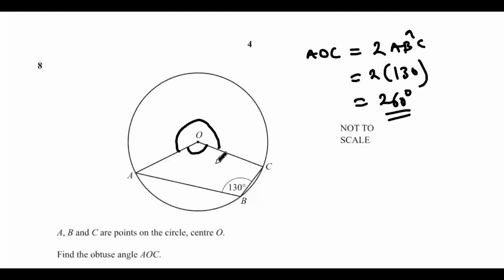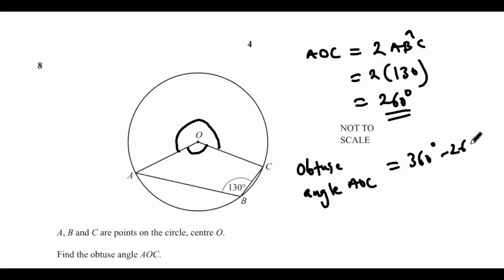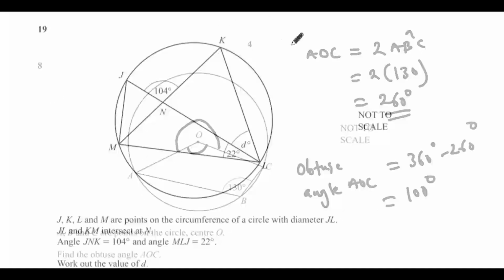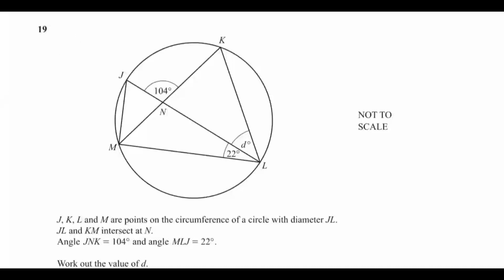We know that the reflex angle and the obtuse angle add up to 360 degrees. So the obtuse angle AOC will be equal to 360 degrees minus 260 degrees. That will give us 100 degrees. So that is the obtuse angle there. Let's go to the next question. The next question is question 19 from paper